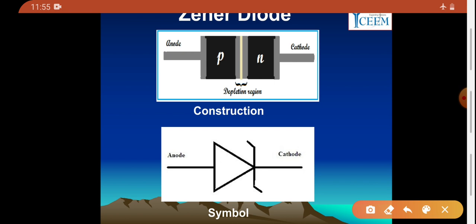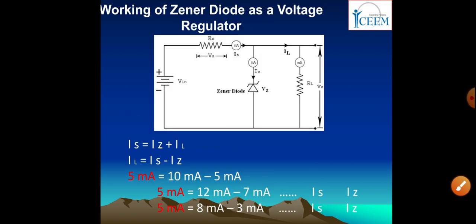Okay, what is the difference in symbol? In the symbol you can see there is a letter Z. The rest of the symbol is the same. Like this is the symbol of PN junction diode. What is the modification? Only the letter Z is included here. Anode and cathode are the same. So how does this Zener diode work as a voltage regulator? Basically a Zener diode is a special purpose diode which works in reverse bias mode and whose application is as a voltage regulator. For 2 marks it can be asked in the exam, which is invented by the scientist C. Zener, American scientist.